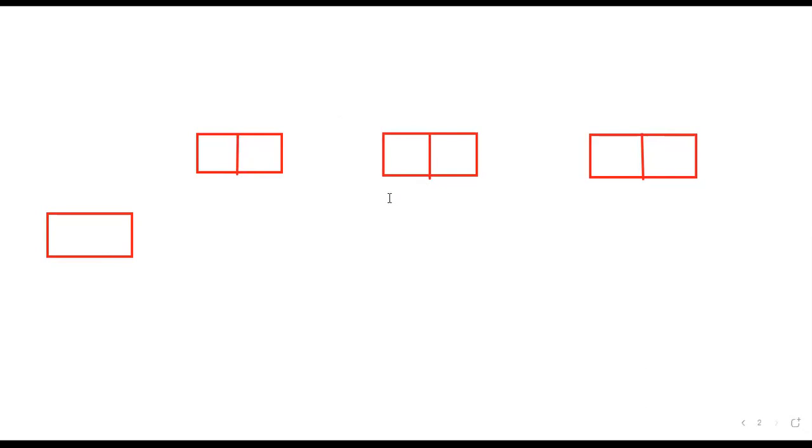Node format means what? How can we create a node in a system? It is not possible directly, programmatically. But how? With the help of a structure. A structure is a user-defined data type. With the help of a structure, we can create a node. After writing that code, the compiler will create a rectangular box like this, and it will divide the node into two parts. It is all logical. We can't see it. It is invisible to the programmer. But logically, the system will do it like this. So after writing the code, what is the code?